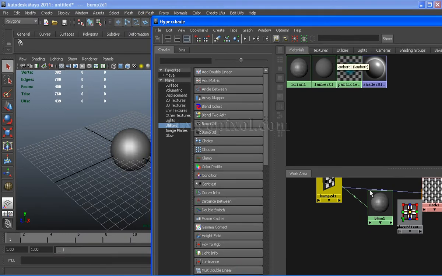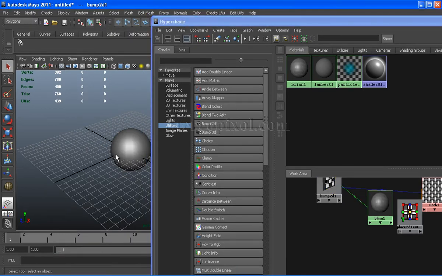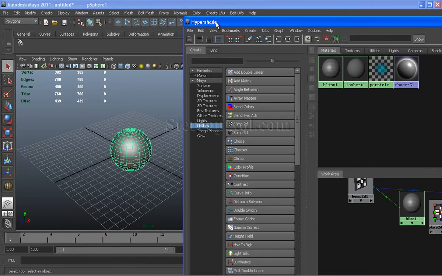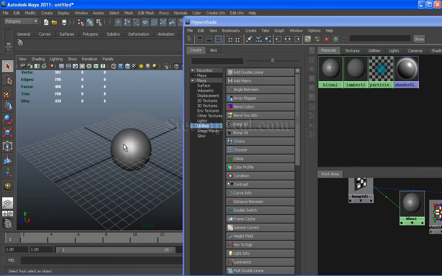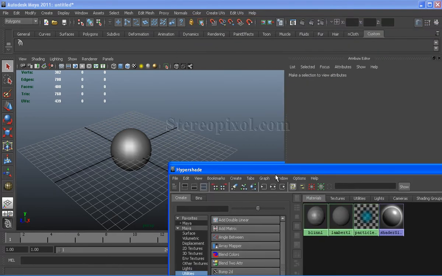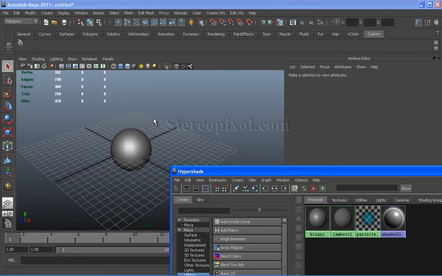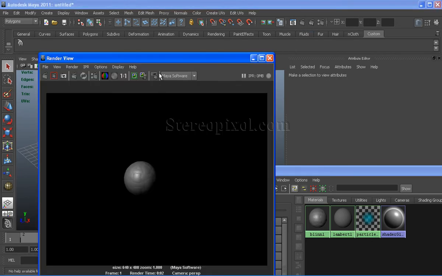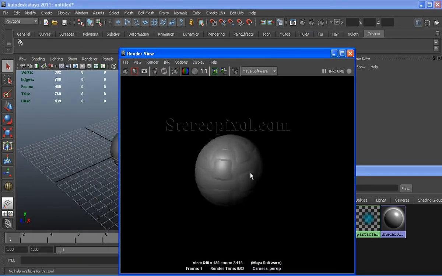And if I put this shader onto my object which I have created in my viewport, I have created just a simple polysphere. And if I select the shader and middle mouse drag drop onto the sphere, and if I render this scene pressing the render button, I can see the texture is now applied in the bump slot, and it's giving me the surface deformation.